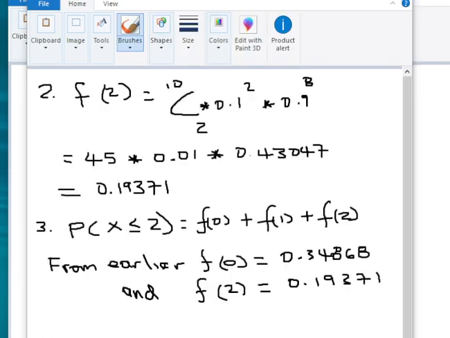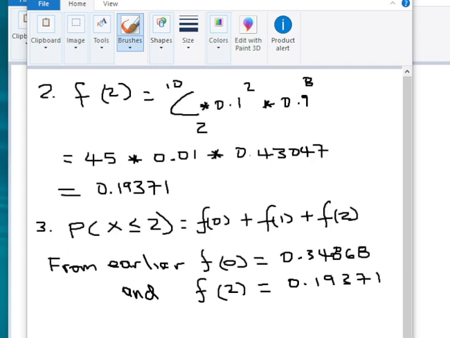Next, we want to find f of 2. Again, just like before, we plug in the values for n, p, and x. N was 10, so 10cx, which is 2, times p, 0.1 raised to the power of x, which is 2, times 1 minus p, which is 0.9, raised to the power of n minus x, which is 10 minus 2, which is 8. And so 45 is 10c2, 0.1 squared is 0.01, times 0.9 to the power of 8, which is